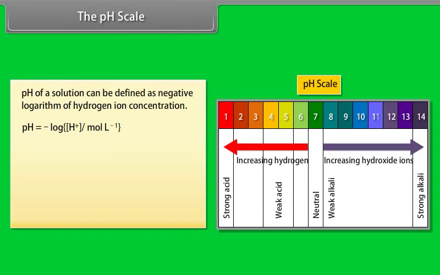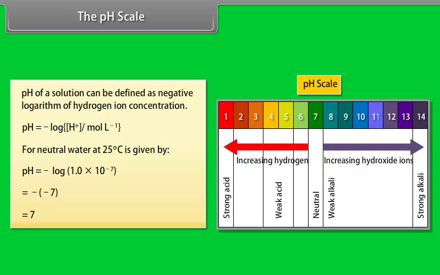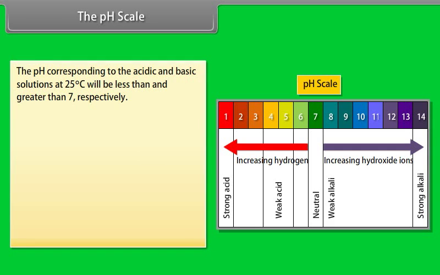The pH scale. The pH of a solution can be defined as the negative logarithm of hydrogen ion concentration. For neutral water at 25 degrees Celsius, pH is equal to minus log of 1.0 × 10^-7, which is equal to 7. The pH corresponding to acidic and basic solutions at 25 degrees Celsius will be less than and greater than